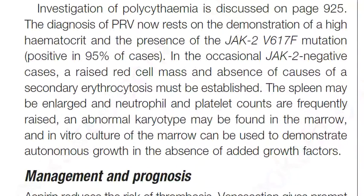Investigation of polycythemia is discussed on page 925. The diagnosis of PRV now rests on the demonstration of a high hematocrit and the presence of the JAK2 V617F mutation, positive in 95% of cases. In the occasional JAK2 negative cases, a raised red cell mass and absence of causes of a secondary erythrocytosis must